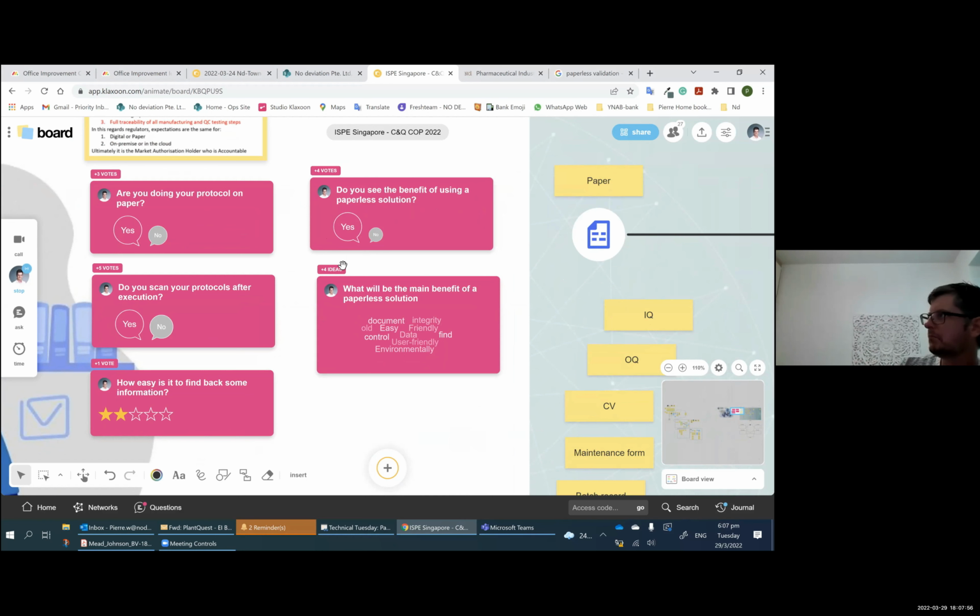Most of the solutions that are paperless today are still getting the user to onboard on the new way of thinking, right? I think you could build the whole IOQ, PQ change control in an Access database. We are not connected yet to think in terms of database in Access, right?